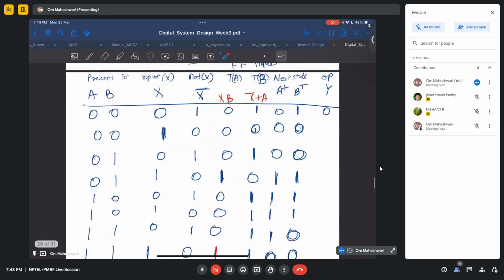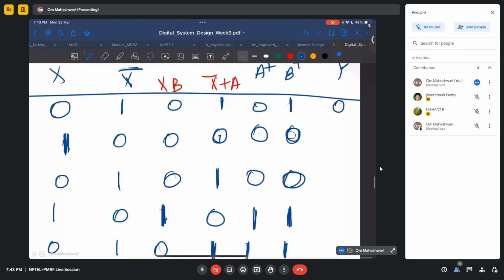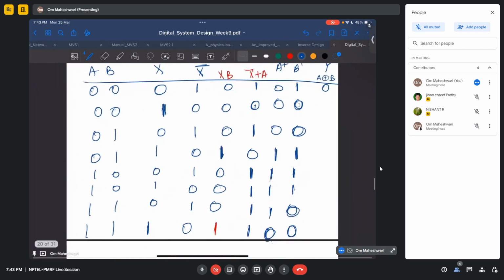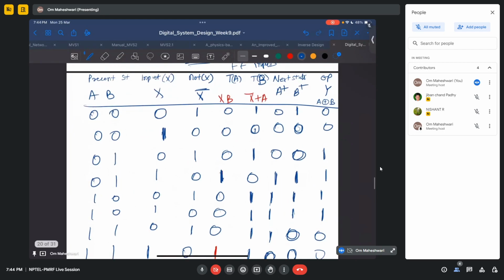A XOR B। 0 1 1 1 1 0 0। So this state table is clear? Yes,